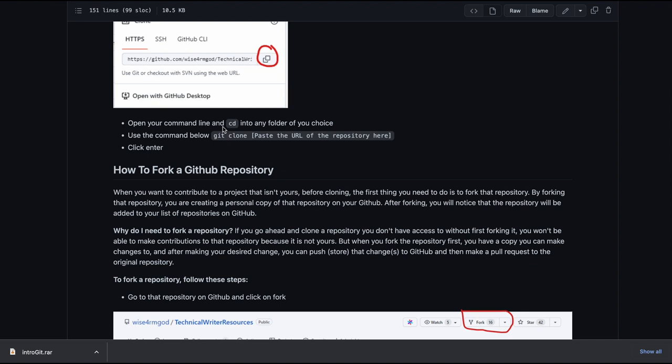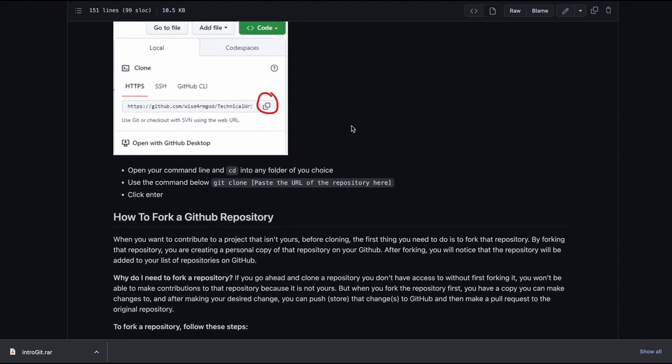Open the command line. Which command line? Specify your command line and cd into any folder of your choice. Now, first of all, before changing directory, which is the cd, you need to tell them about a particular directory. Since this is an introductory article, you should tell them that they will have to create a new directory or folder. And one thing to note again in technical writing: the words directory and folder are the same thing, so don't interchange them. Use one over the other. I would advise, and it's recommended, to use folder and not directory. Directory is more like old.